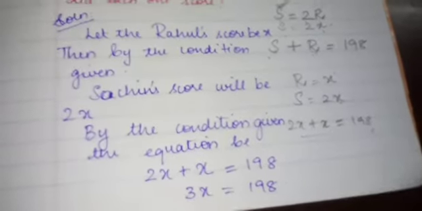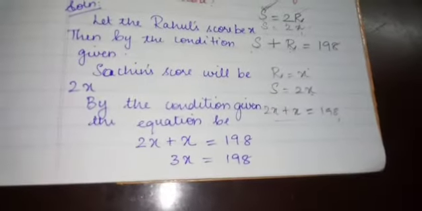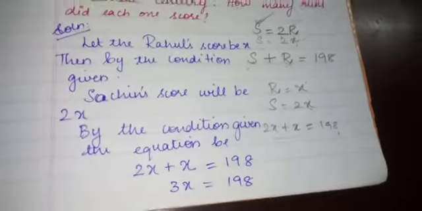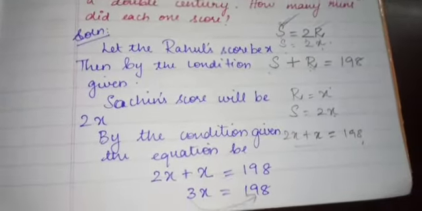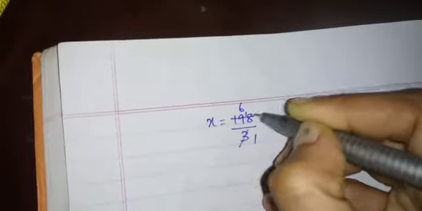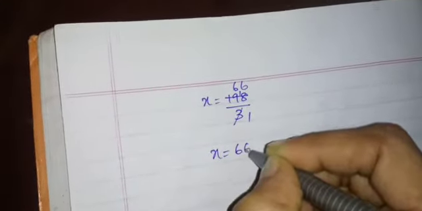In this, what should you find? You should find the value of x, right? So what will you bring to the other side? I will bring this 3 to the next side. Okay, I'm going to write it on the next page. x is equal to 198 divided by 3. 3 ones are 3, 6 3s are 18, 1 6 3s are 18. So x is equal to what, children? 66. Okay, I found the value of x.